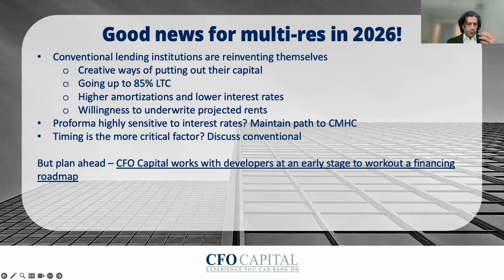So if your pro forma, when you run it, is extremely sensitive to interest rates, I still think that there's nothing that beats a CMHC insured interest rate. But let's say on the other side of it, you want to get into the ground in the next 3 months. Maybe you see supply coming in your market. You want to jump ahead of that supply. You want to get your building built before that and leased up before that. From a timing standpoint and a flexibility standpoint, I think you have to straddle conventional.